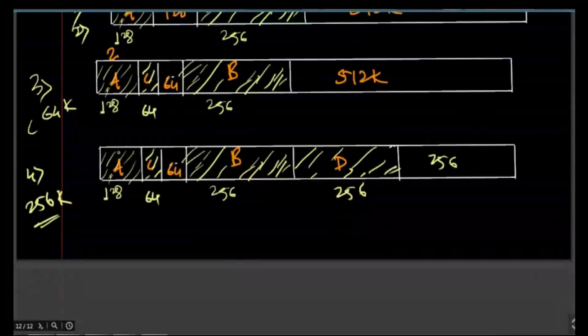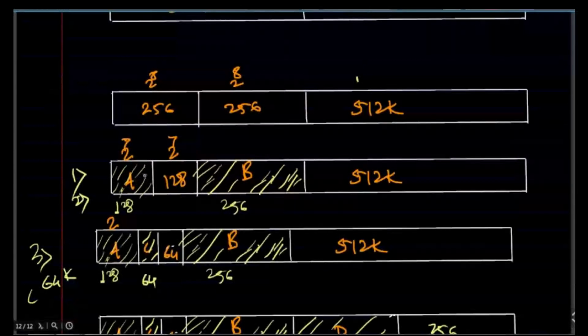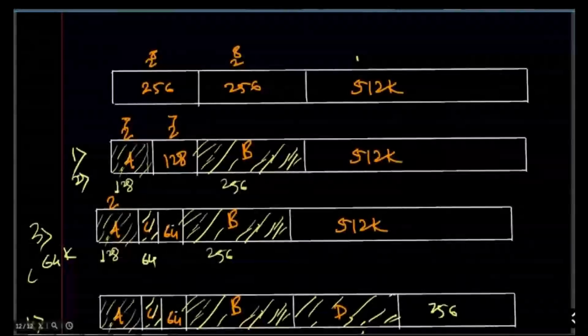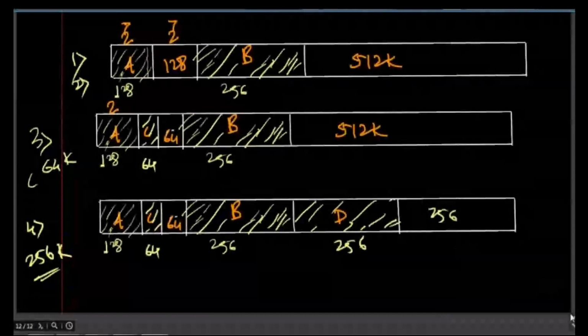Till now we have allocated the requests. First request was of size 100K, so 100K we have given here. This will leave some fragmentation, but it will be very little. Only 28 KB partition will be left here. Then next request is of size 256 that we have given here. Then third request is of 64 that we have given here. And 256 and 64 are not leaving any fragmentation. Then fourth request is of 256 that we have allocated here. So it is also not leaving any fragmentation.